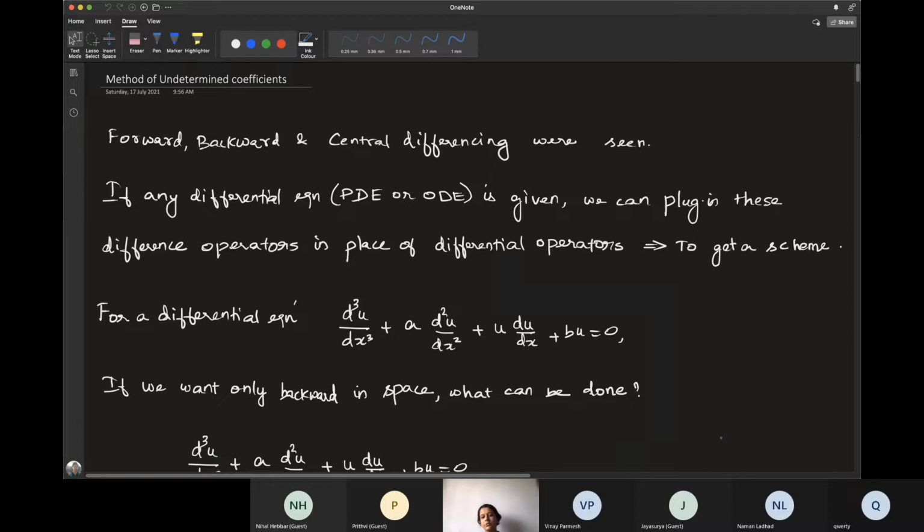Wherein you'll have u i plus 1, u i and so on. We'll discretize the continuous x space into some discrete space with a specific number of points. So you will convert your differential equation, which is written on continuous space, into a difference equation that can be written on a discrete space. Last time we saw some of the basic kinds like forward difference, backward difference, and central difference. Those are some of the ways to convert your differential operators into difference operators.